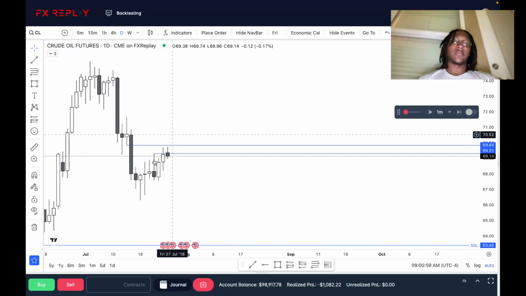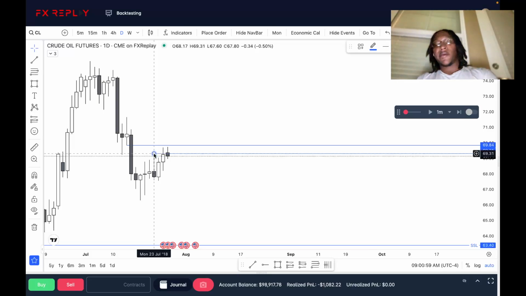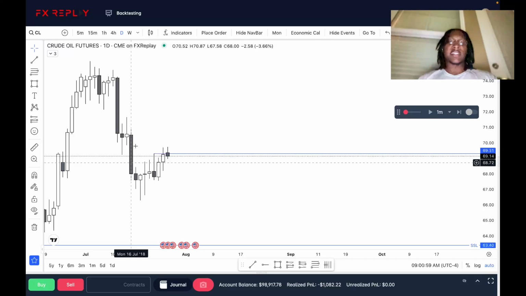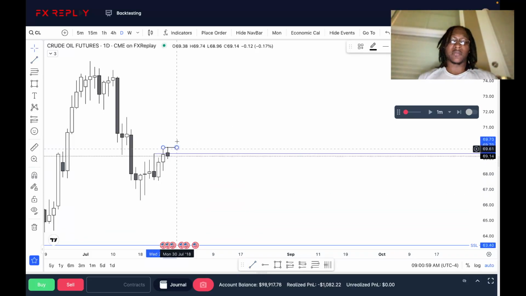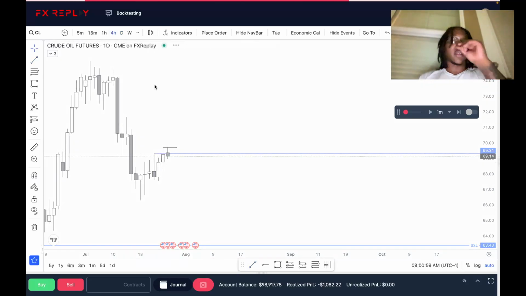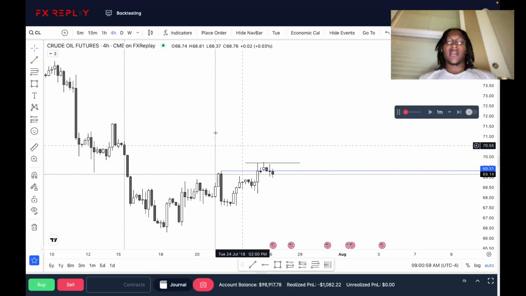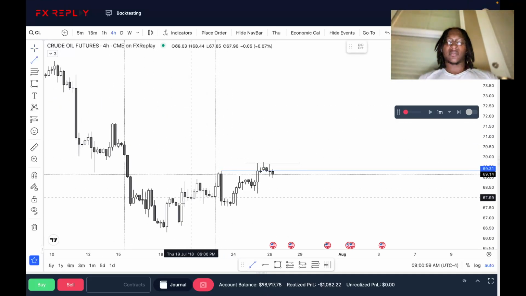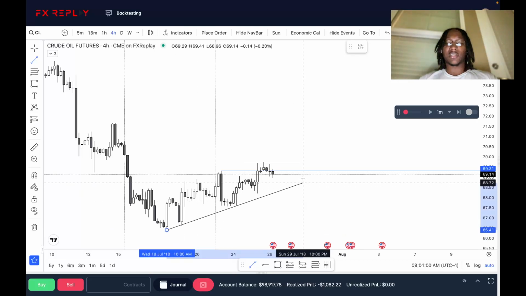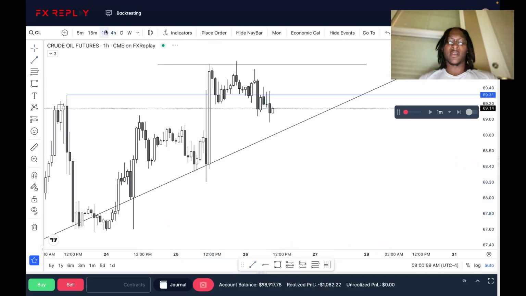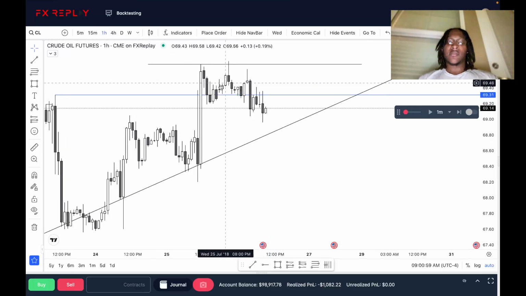But yeah, all good though. All in a day's work, right? Still inside of this daily fair value, I really do think we're going to continue lower, especially with the generated sell side below. We did take out this previous day high as well, just by a tip on a 4 hour. We ran out buy side again, hit ton of sell side that we can look for on an hourly.